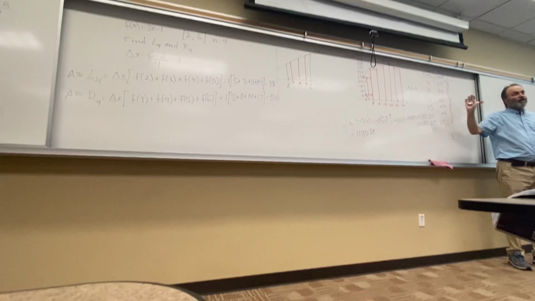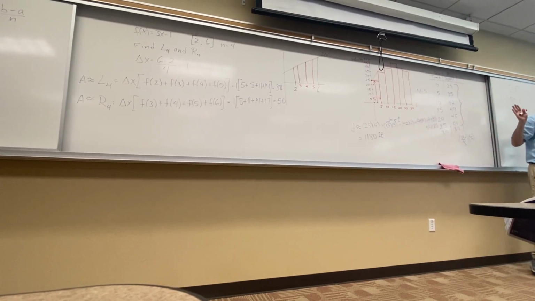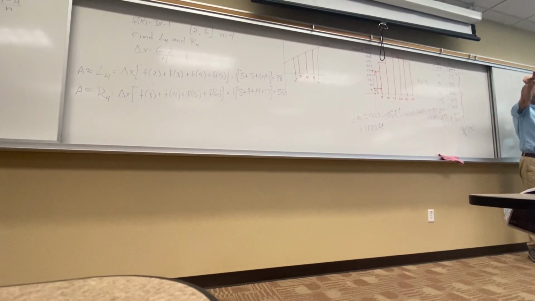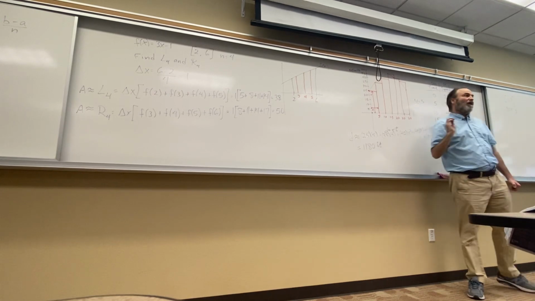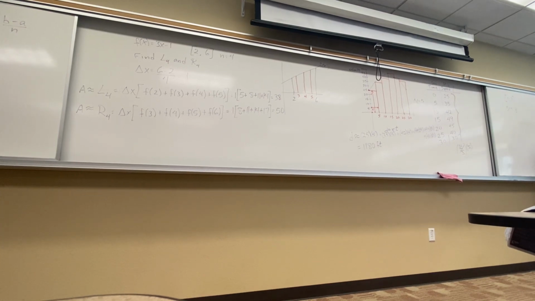Okay, so that's it for 5.1. So let's go ahead and take a 10-minute break. We're going to come back and in 5.2, just really quickly introduce the notation for this whole area stuff. It's going to be very similar to antiderivatives because we know they're related now. And then in 5.3, we're going to talk about how to actually calculate them. We'll probably get a little bit into that even today. So 5.2 will go really quickly, but 5.3